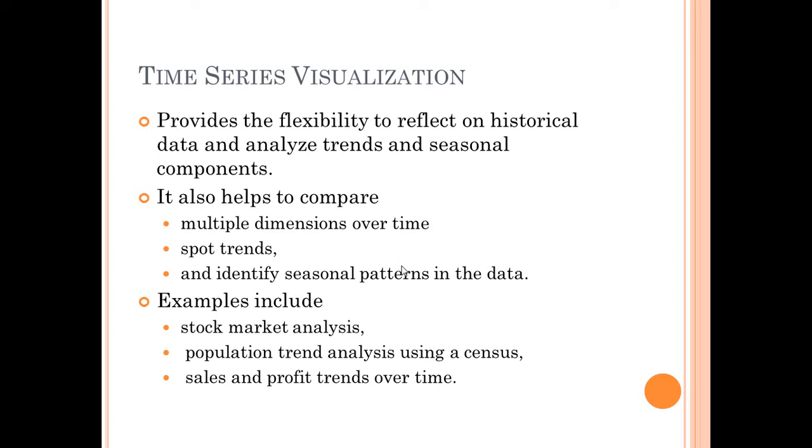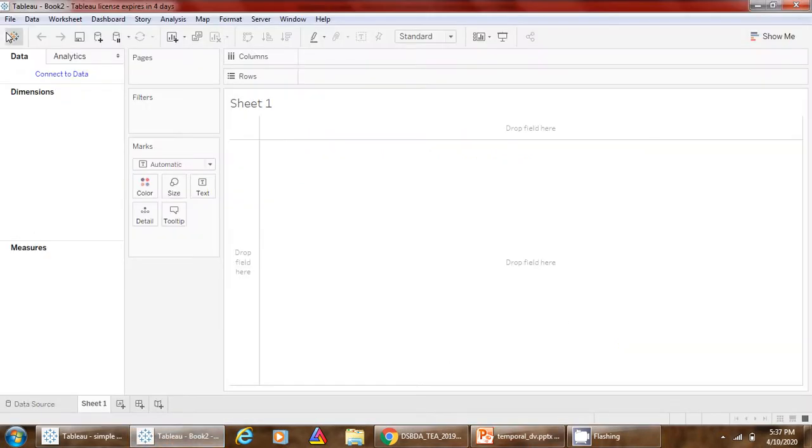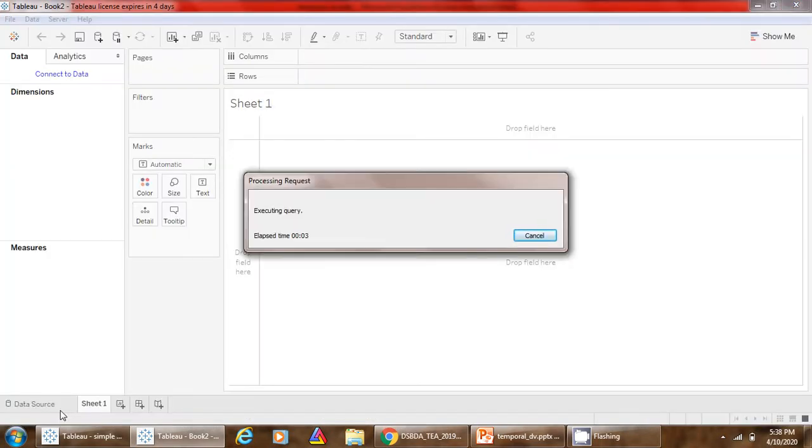Let us see how to create time series visualization using Tableau. This is the start page of Tableau. I am using a saved data source, that is my superstore. Already I have connected to that dataset before.